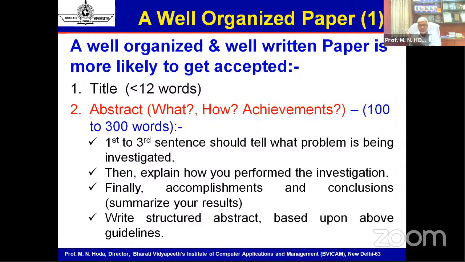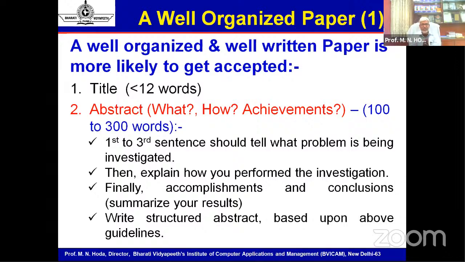Then you must write at least 2-3 sentences, or maybe 1 sentence if you feel that it is sufficient, on how you have undertaken this investigation. How have you undertaken this research? How have you arrived at this conclusion? So first is what's your problem? Second is how have you achieved the solution? And third, straight away, what is your result? What are your achievements? So these are the 3 components which you must include in your abstract,